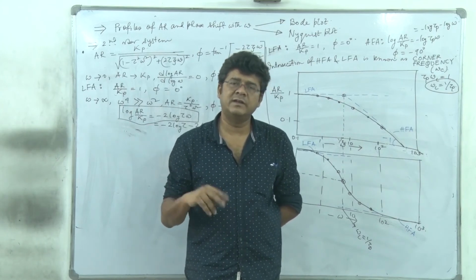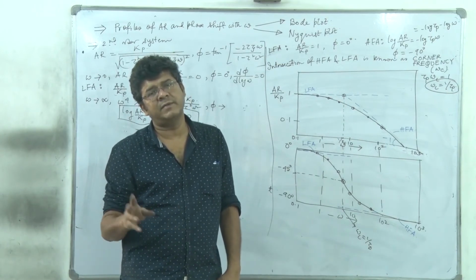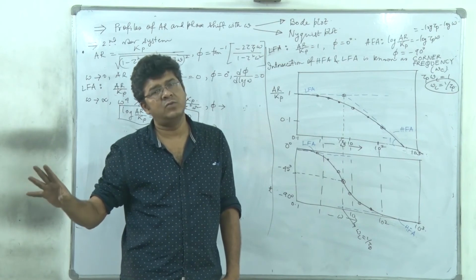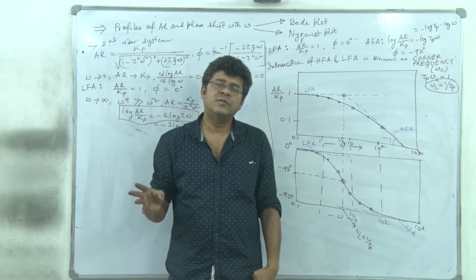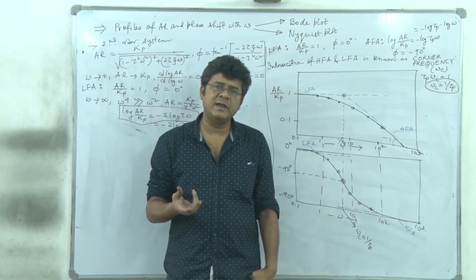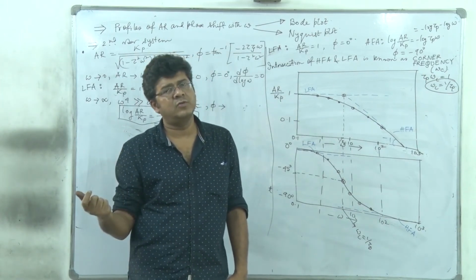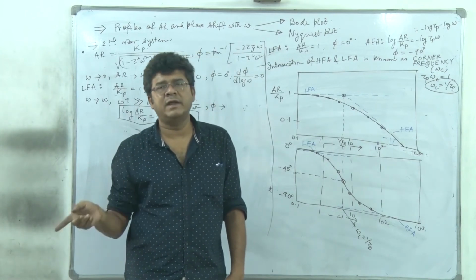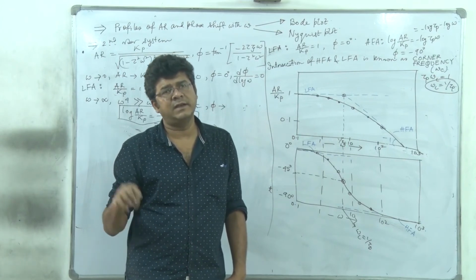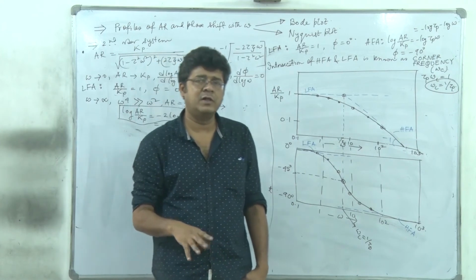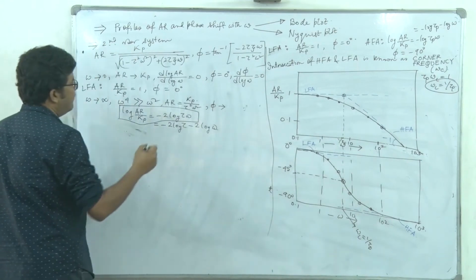That is the idea of multi-capacity. And we know for non-interacting multi-capacity, phi is equal to phi 1 plus phi 2. So for a second order multi-capacity type non-interacting system, phi overall will be equal to phi 1 plus phi 2, and for extreme omega, when omega tends to infinity, then phi 1 tends to minus 90, phi 2 tends to minus 90. So phi overall, which is the second order system phase shift, must tend to minus 180. So we have phi tending to minus 180.